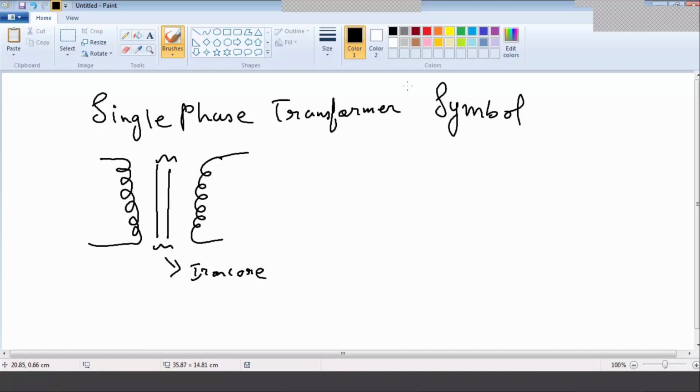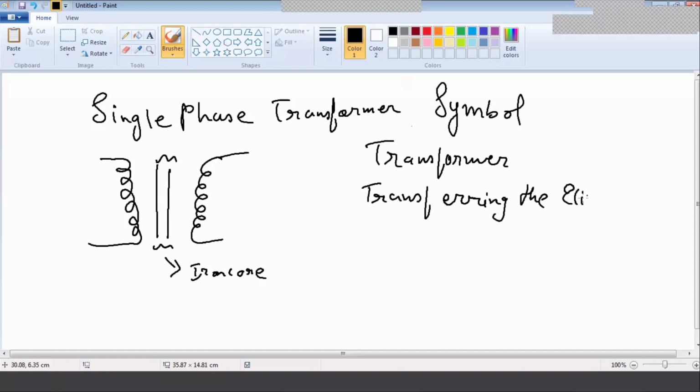Again, it controls the flow of power. Step down and step up transformer. Transformer. Okay. So a transformer is transferring the electricity. To decrease high voltage to the voltage applicable to our houses.